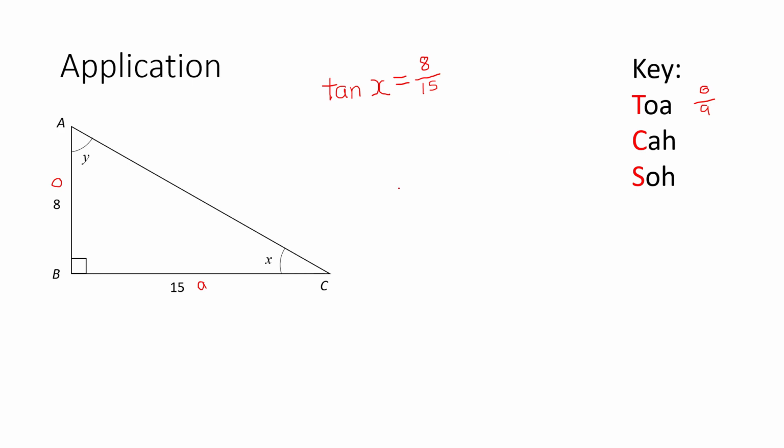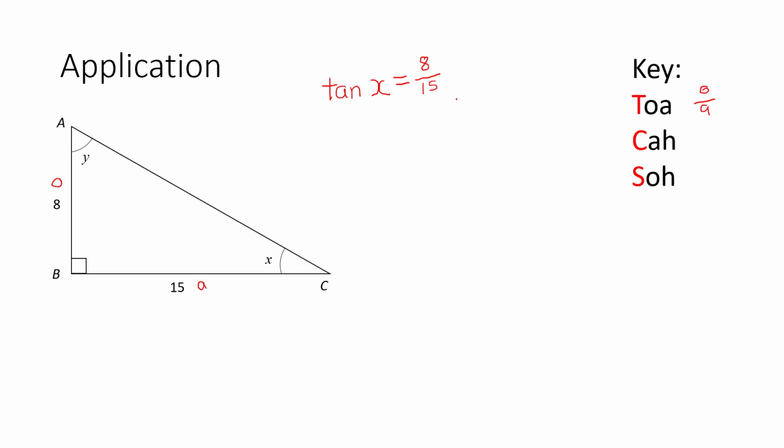So let me repeat. We first identify what are the sides that we have. In this case, we have opposite side as well as adjacent side. We look at Toa Cah Toa, which function have O and A. It is the Toa function, or the tangent. So we use tangent. Tangent the angle, tangent X is equals to this ratio,